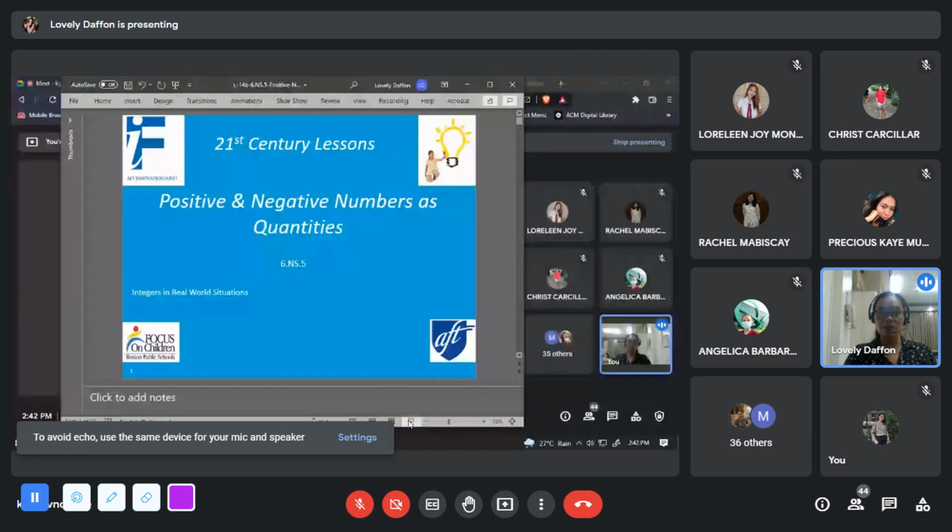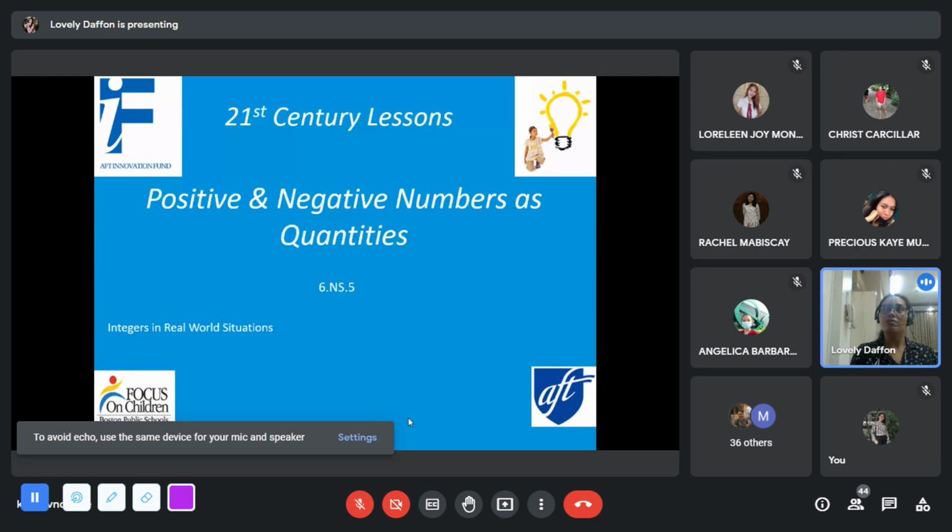Let's start. This is an application of a 21st century lesson, so it's more on emphasizing the 21st century skills and the strategies that students should be able to grasp when it comes to learning. It's more of an application of integers in real world situations. I think we were able to have our introduction about real world situations, creating integers and concepts of math in context-based experiences, applying real world applicability.